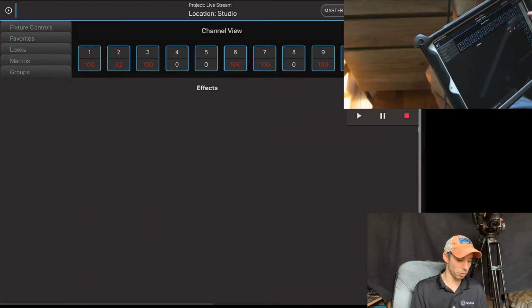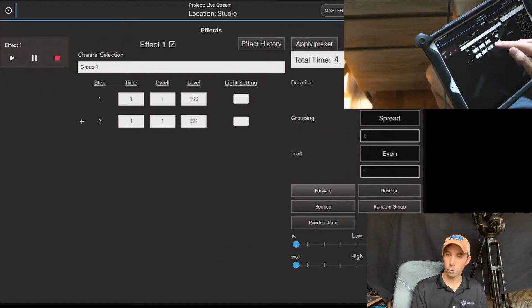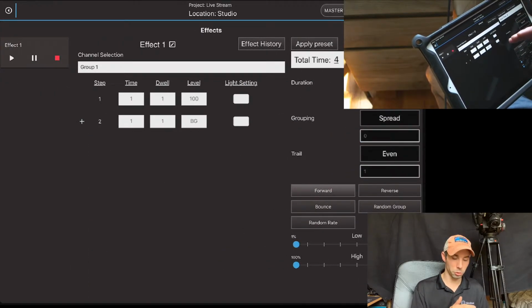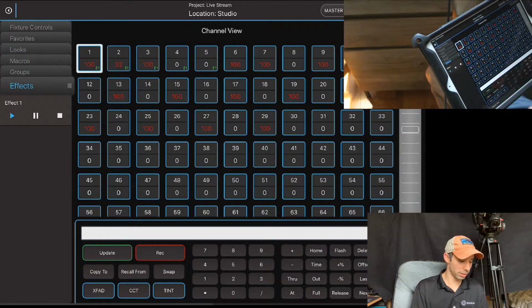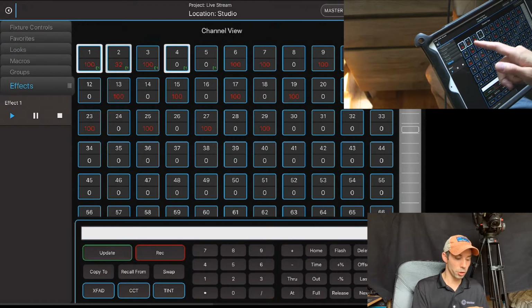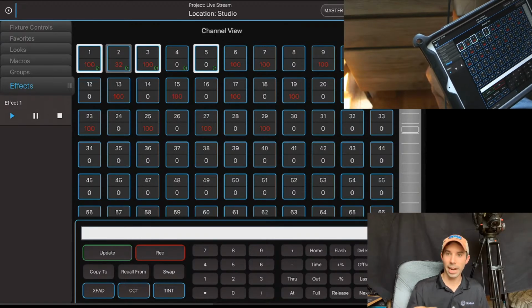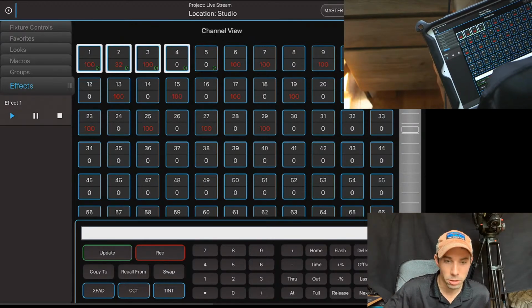So right now you can see that it goes from 100 in the first step to background, and if I go ahead and play this, it's showing you what's happening, but in the actual levels, which if we go ahead